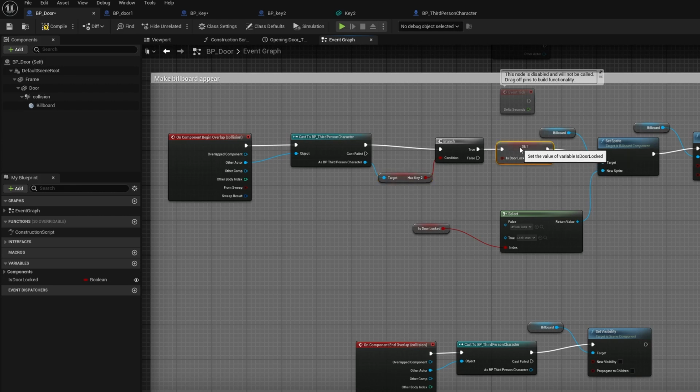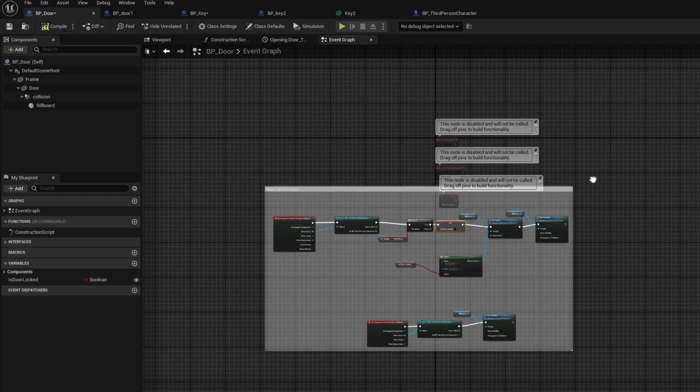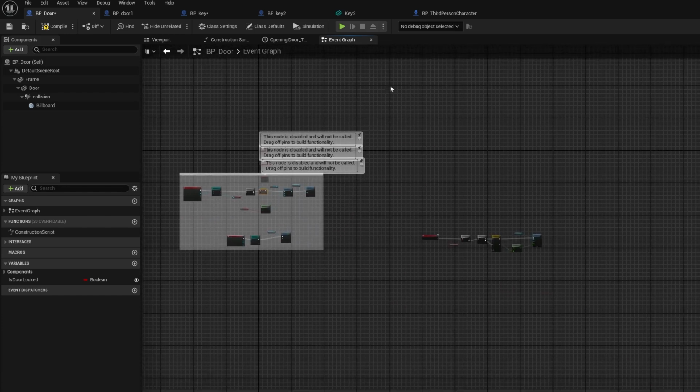And then we can go ahead and do these things, because now we can basically set our sprite based on this. So now we'll actually be changing our sprite to unlock if this is now set to unlock because he has a key. So what should happen is that our sprite should change if he doesn't have the key, so the unlocked icon,